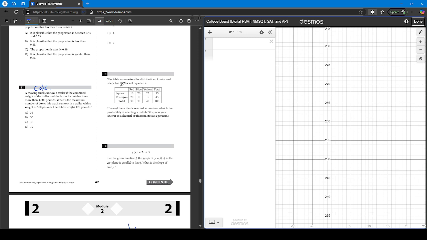Question number 11. A moving truck can tow a trailer if the combined weight of the trailer and the boxes it contains is no more than 4,600 pounds. What is the maximum number of boxes this truck can tow in a trailer with a weight of 500 pounds if each box weighs 120 pounds? So we can say, okay, how many 120-pound boxes can we put on a truck if the truck weighs 500 pounds,